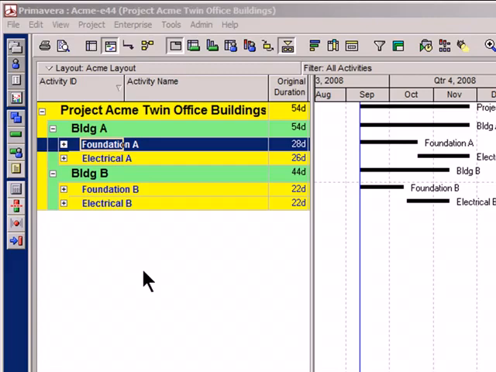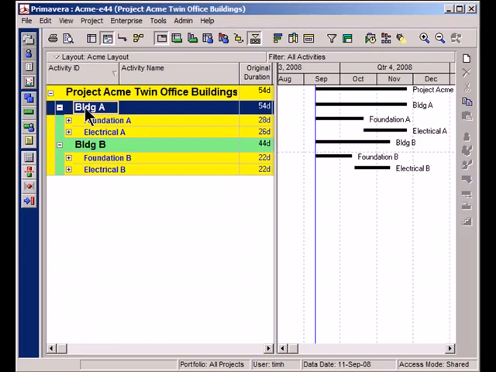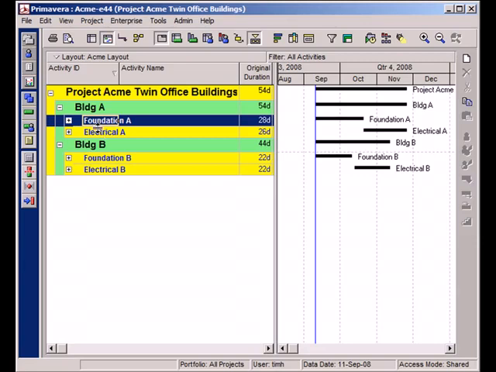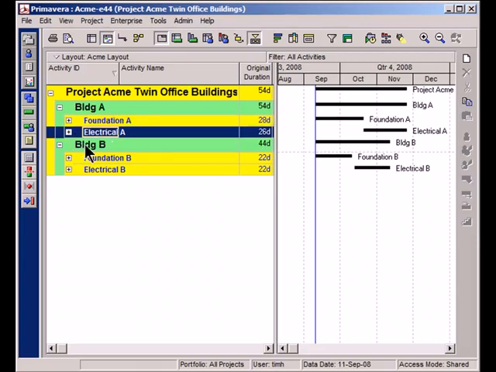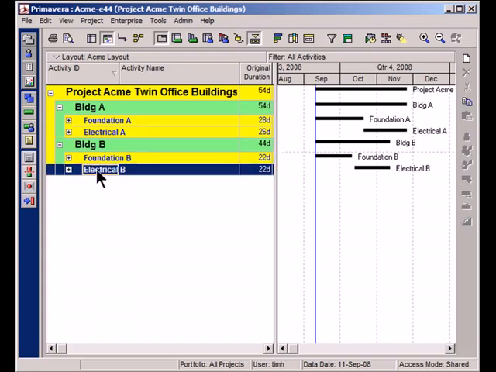And I want you to notice the work breakdown structure of this project, that I've got a section for Building A, and Building A has got a subsection of Foundation A and Electrical A. Then I've got another major section, Building B, with Foundation B and Electrical B. What's interesting about this is, in construction and engineering type projects, we often come into projects where we're building a structure or more than one structure that is similar in a project, and I have both of those structures on